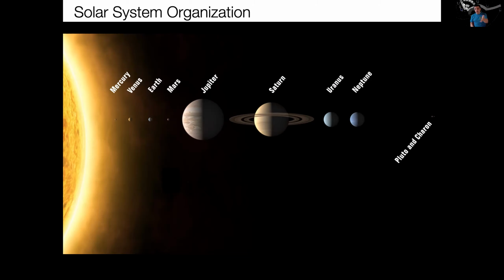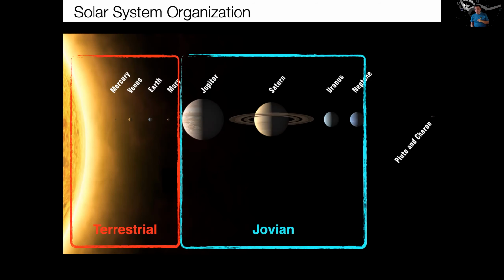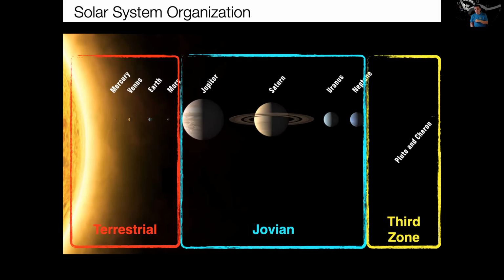But here at home, it divides itself up into three neighborhoods. So that inner neighborhood are what are called terrestrial worlds. Terrestrial means Earth-like, okay, like Terra. So what we mean by that is small worlds that have rocky surfaces, okay? The next zone are called Jovian worlds. So Jovian means Jupiter-like. Sometimes these are called gas giants. You can see 2 of them are much bigger giants and the other 2 are smaller giants. So sometimes we call these the gas giants and the ice giants, but these are all the so-called gaseous or Jovian worlds. And then there is this third zone where Pluto has lived,